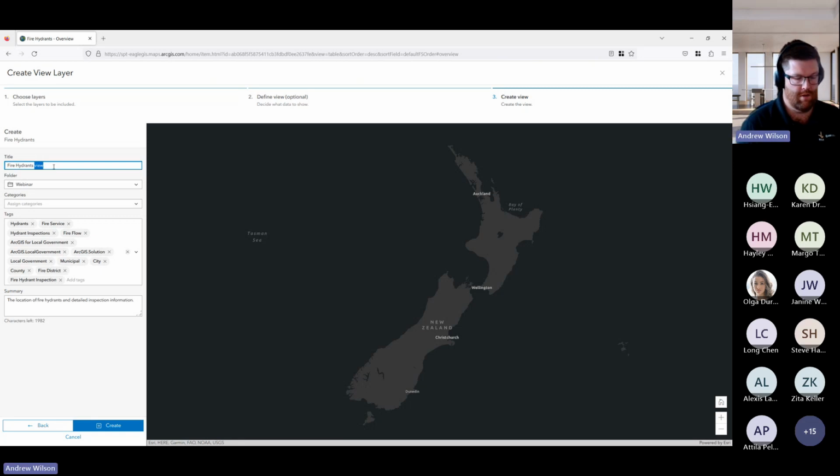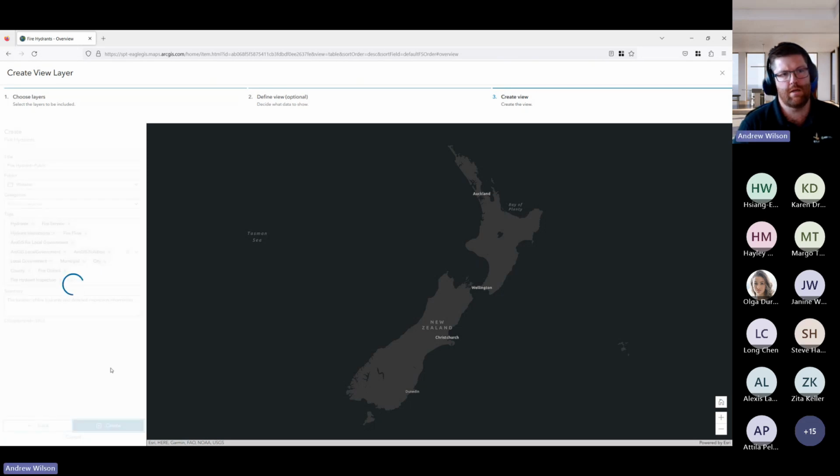I'll create the view to be public, and I'll click create. So this will create a layer that I can use for public consumption. It hides some of that private information or information that I don't want to be shown to the public.